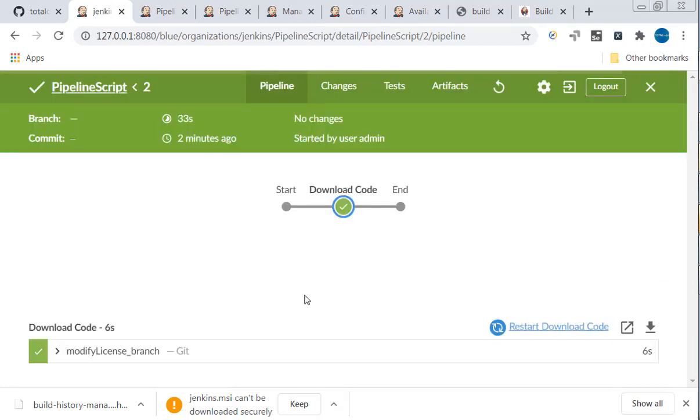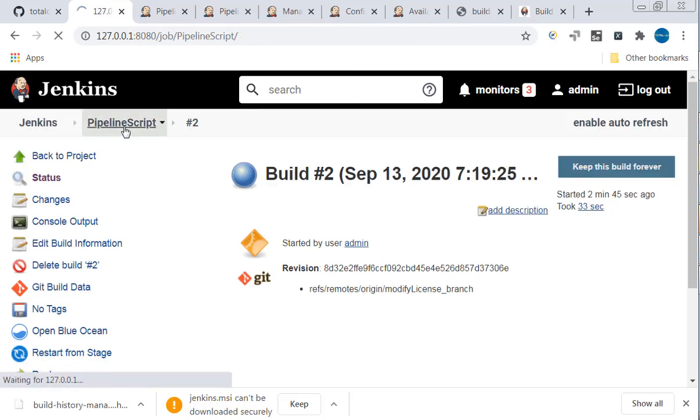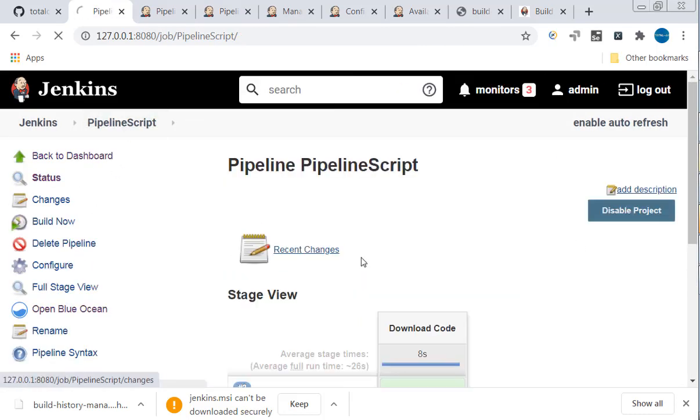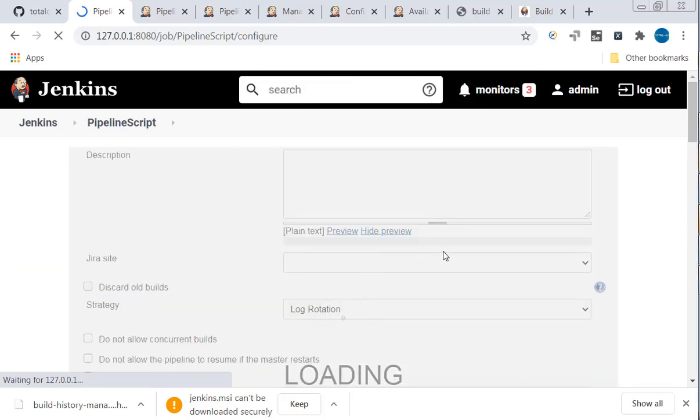You can open this. This is the advantage of Blue Ocean, where you can have multiple stages. Right now we created download code. After download code, we can execute test cases. After executing test cases, you can even deploy the code. Suppose we are interested in executing the test cases as part of the pipeline script, that's also possible.